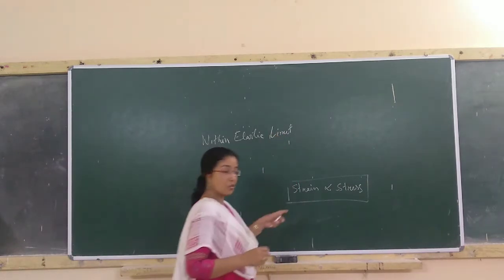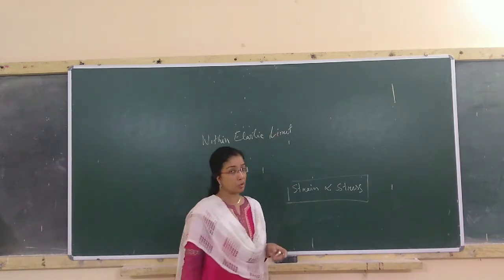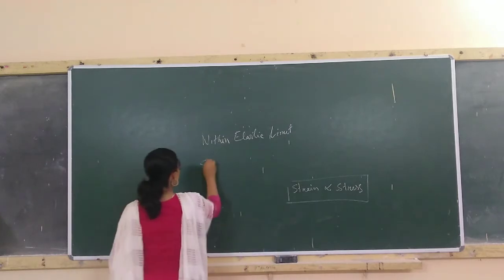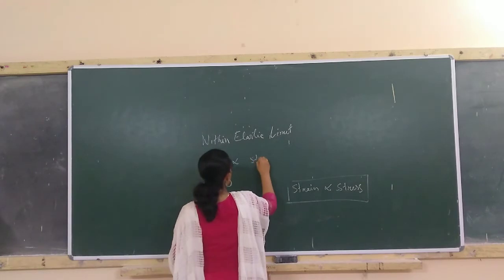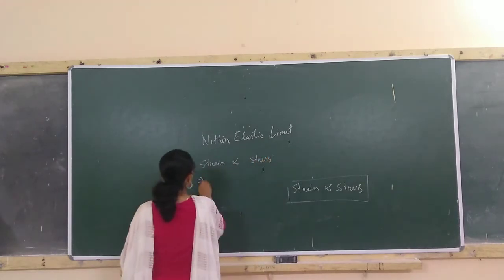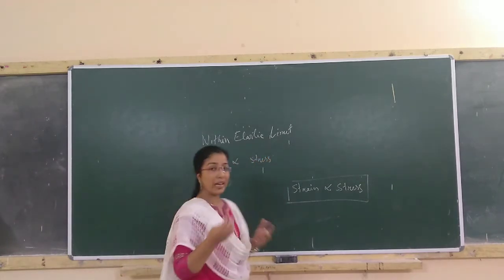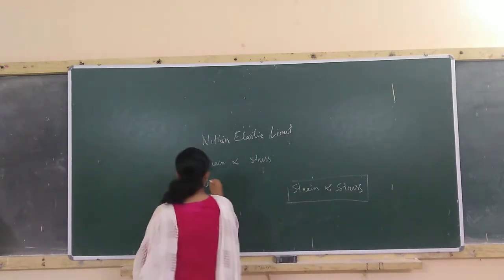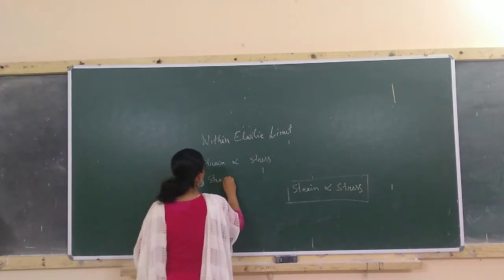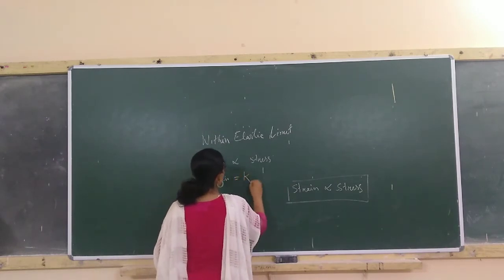What happens? Strain produced in a body is directly proportional to stress. That means strain is directly proportional to the stress. So the proportionality sign means we can remove it by a constant of proportionality. So how to do that? Strain is equal to